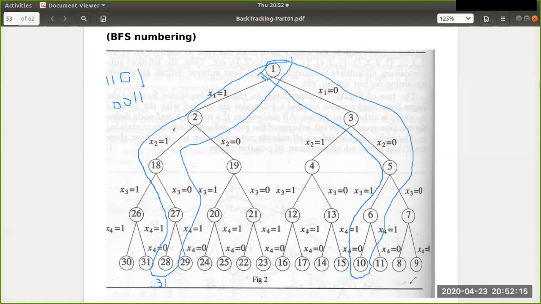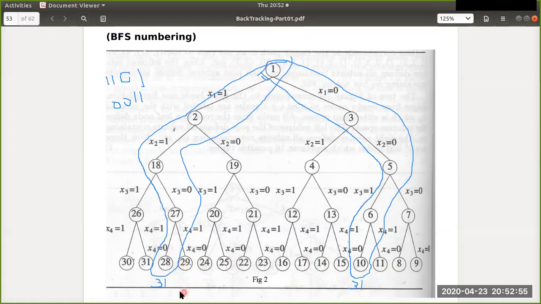I'm telling 31 I will get. So out of how many are there? 1, 2, 3, 4. That is 1, 2, 3, 4, 5, 6, 7, 8, 9, 10, 11, 12, 13, 14, 15, 16. Out of 16, 2 are the solution. The 2 leaf nodes lead to the solution. Remaining leaf nodes are not the solutions. Those are the decisions. Out of 16 decisions, 2 decisions lead to a solution that is equal to 31.